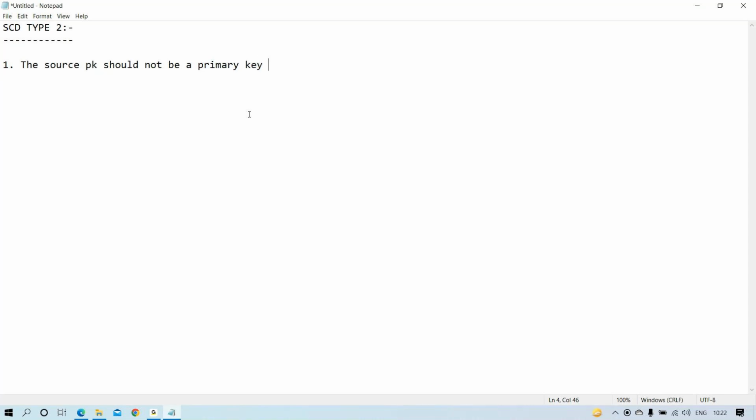Okay, I'll just finish up. We know what is meant by source and what is meant by here, and there should be a new column as a surrogate key. The third one,